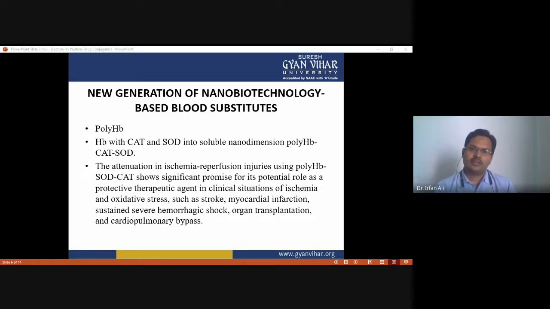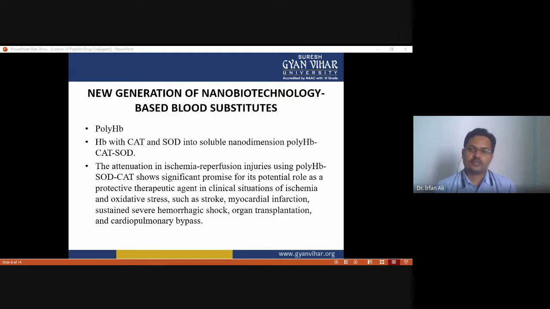So even in routine surgery, it will be important to rule out patients with cardiac ischemia when using modified hemoglobin with no antioxidant. Otherwise, there could be adverse cardiac effects related to ischemia reperfusion. And other conditions in which ischemia-reperfusion injury would be likely include severe sustained hemorrhagic shock, stroke, myocardial infarction, and organ transplantation. Okay, so for all these situations, the researchers used nanobiotechnology to assemble hemoglobin with catalase and